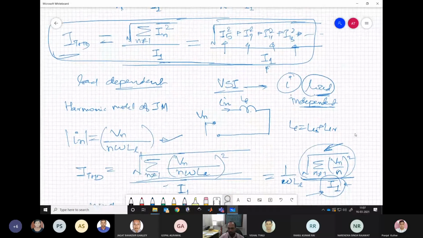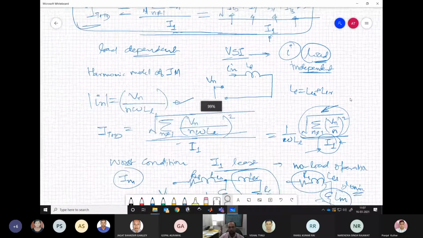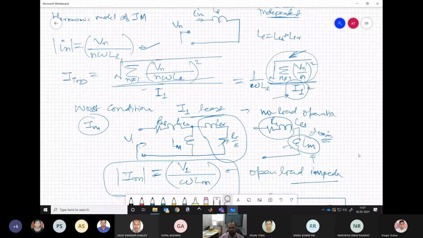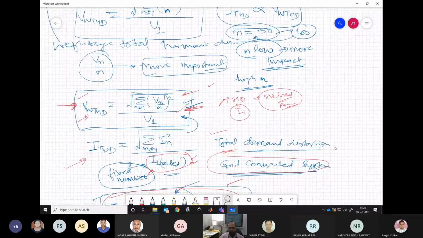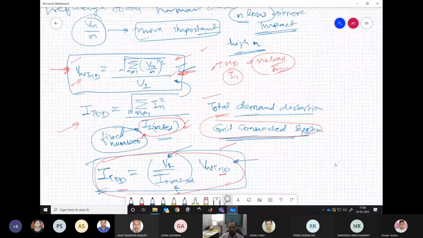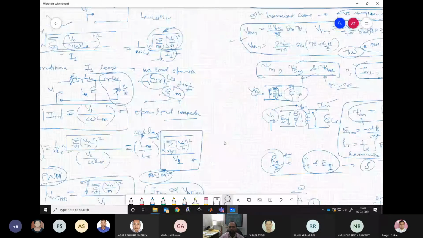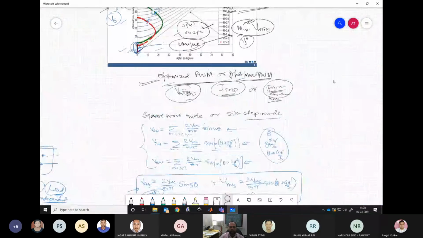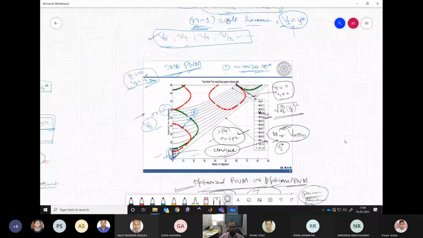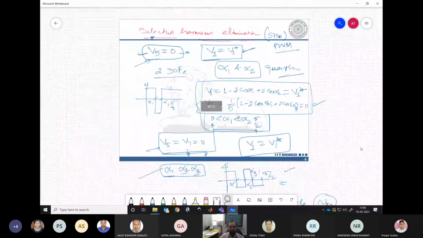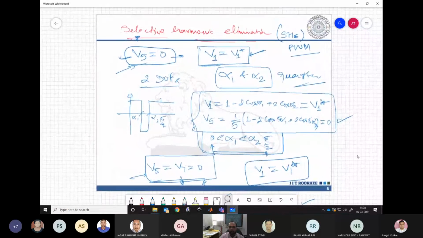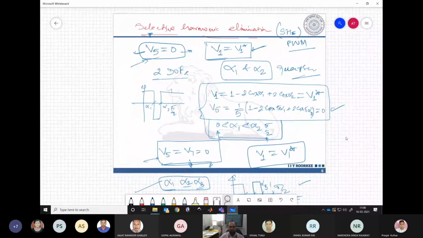So some dependent on the current quality we have discussed, like ITHD and something which is proportional, that is weighted THD of voltage. And then we have gone for the total demand distortion for the current and how that is related to the weighted THD of voltage. This all we have seen. Now further we wanted to see which PWM techniques can give such performance. So we went for a few very well known PWM techniques, let us say selective harmonic elimination, and where we have seen what we are trying to achieve in this particular PWM.